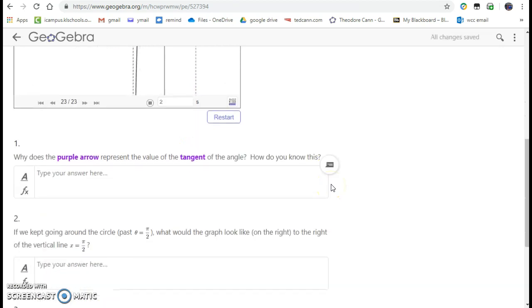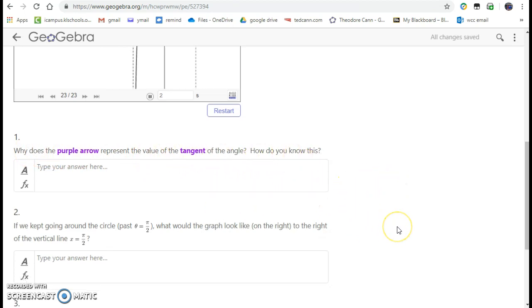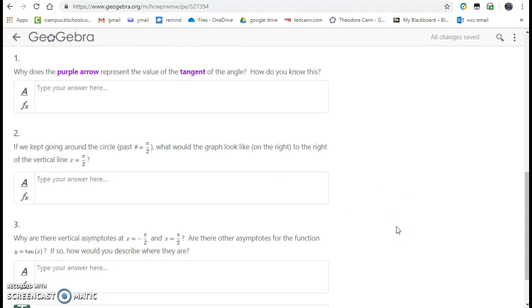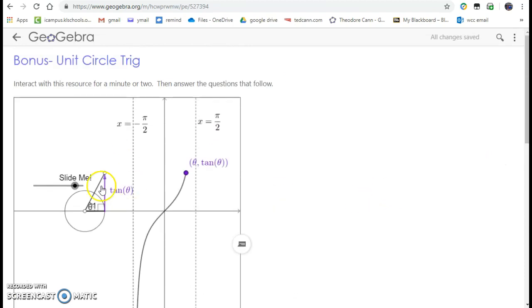All right? So you're going to think about why the purple arrow represents the value of the tangent of the angle and how you know it, so an explanation is required. That explanation could be just a description of the math that you would use to make that determination. That's fine. Right? It doesn't have to be an essay. If we keep going around the circle past pi over 2, what would the graph look like? Right? So